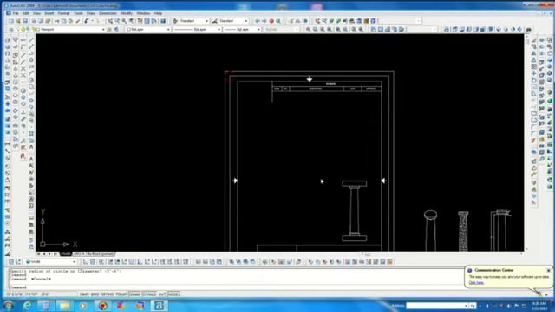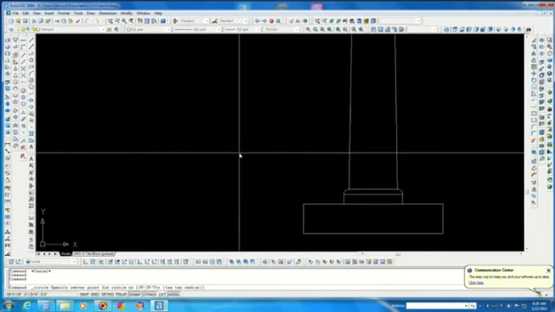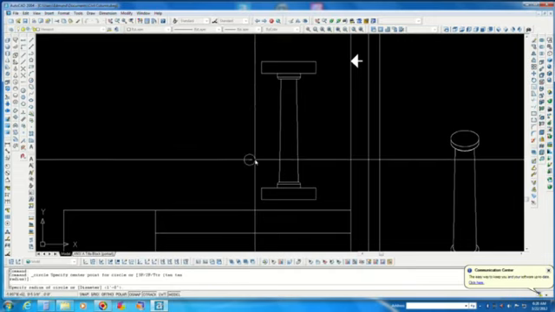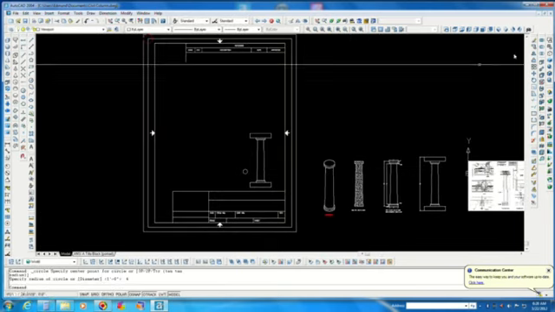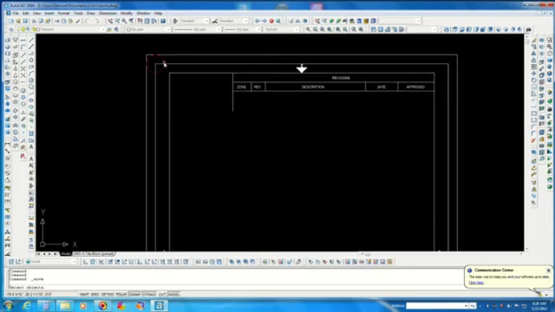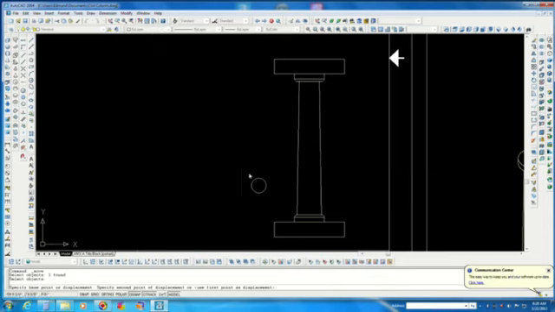Now we'll draw another circle with a diameter of 12, which is 1 foot, but a radius of 6. So we'll type in 6. Now what I want to do is move this circle from its center point, which was that end point, to